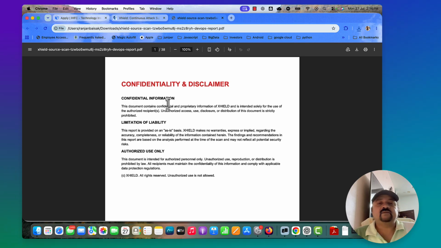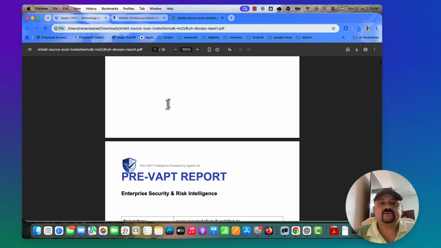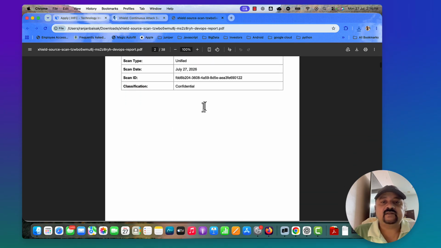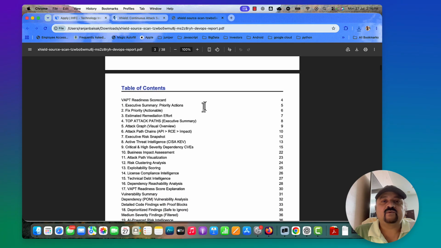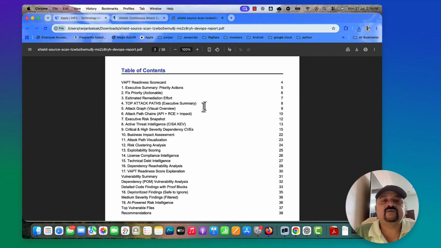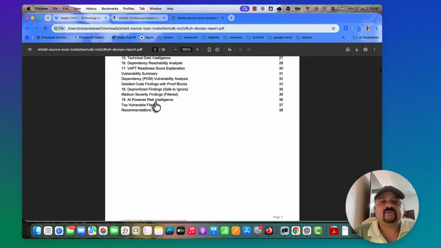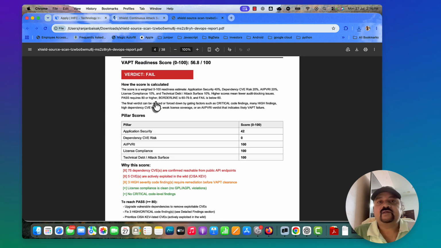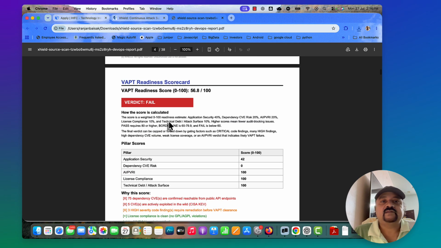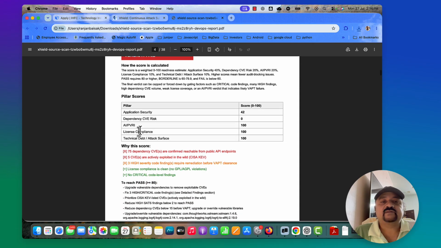So this is the developer report, the DevOps report, and it gives a complete 360-degree view of the analysis of your code base. Let me go page by page. It's almost 38 pages, and in the very beginning it says it's a VAPT fail. And why is it a VAPT fail? Because